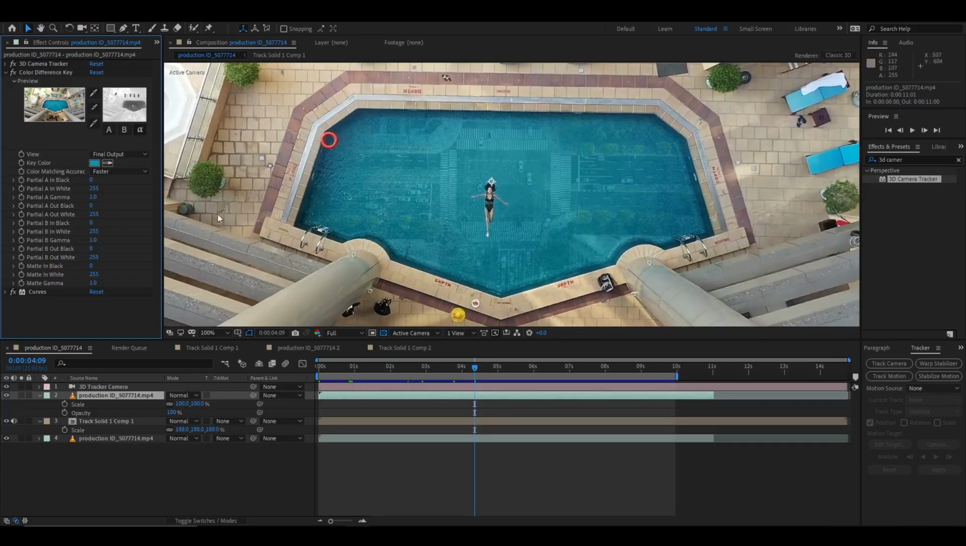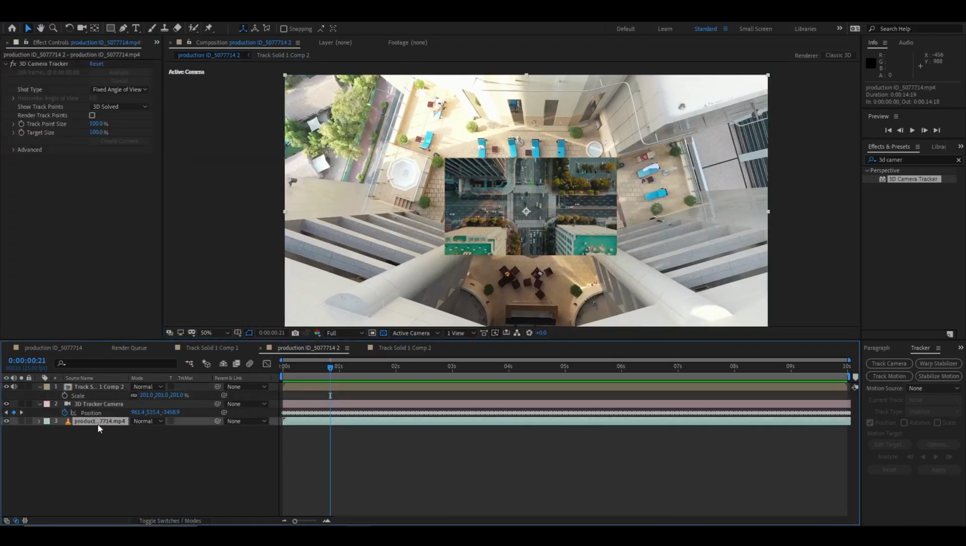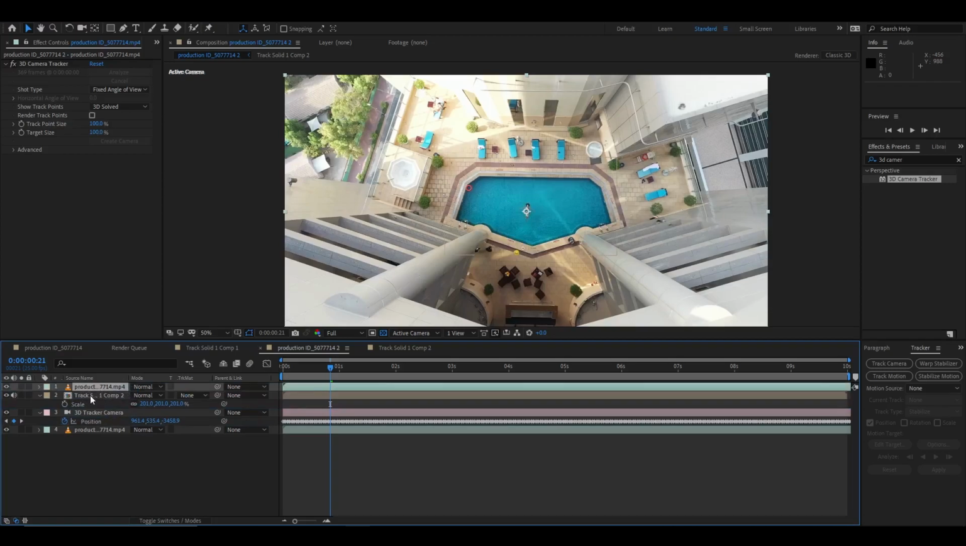key area and with the help of curve, I had tweaked its alpha. Now let's see what I actually mean. So let me just go over there, select the footage and press Ctrl+D to duplicate it and put it over the track comp. And now over here, just find a simple effect called